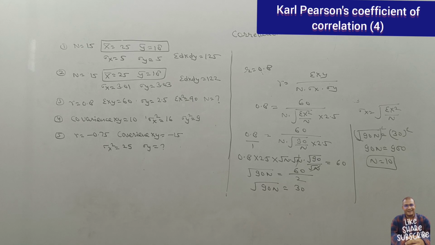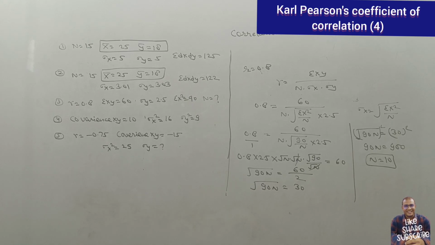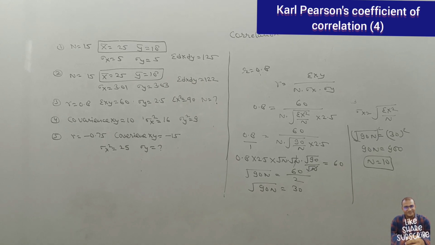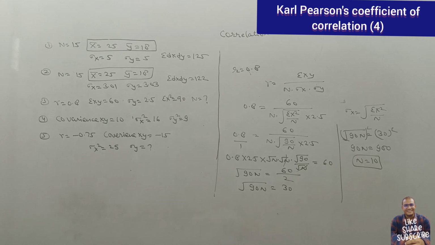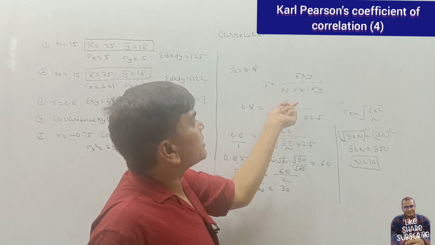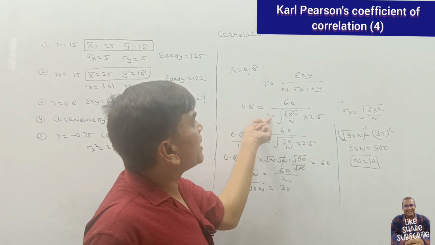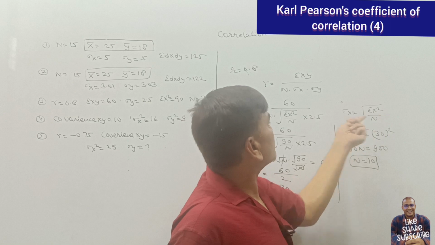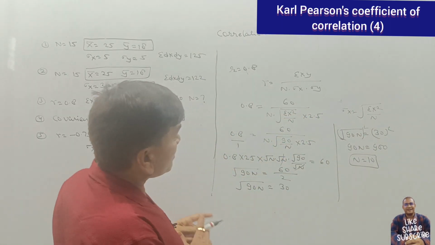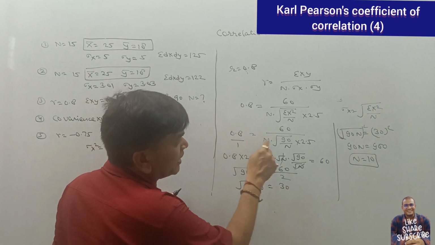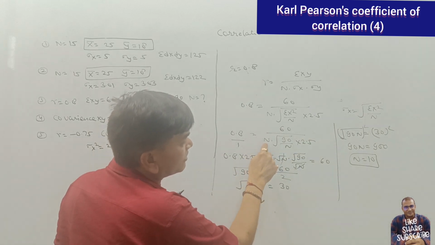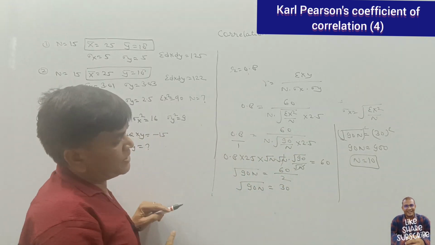What we have to do is just what the question is asking; we have to keep only this in mind. So in this question r was given, we put the value of r, sigma xy is given, put the value of 60, value of n, sigma x square divided by n, so value of sigma square is 90, putting the value. Now cross multiplication, 0.8 multiply by n, this is 2.5, and 2 times n is over there.